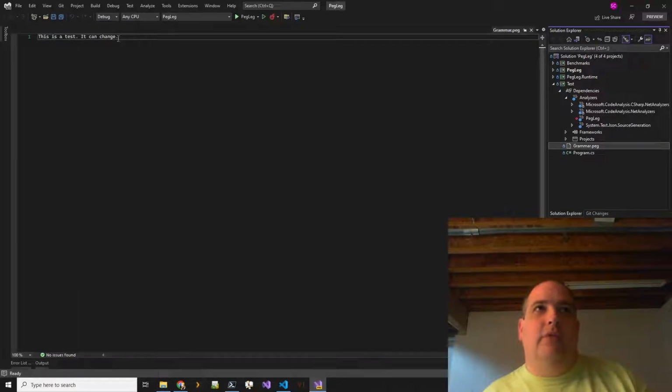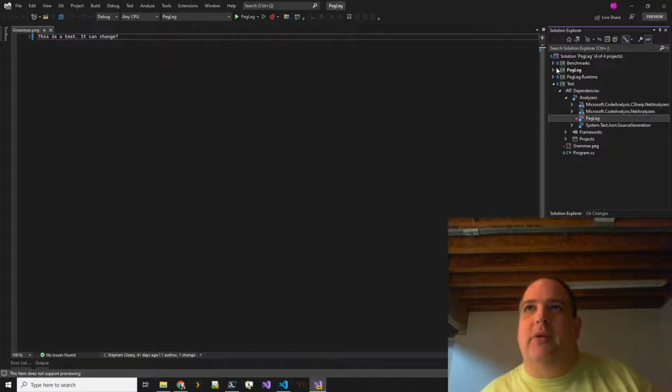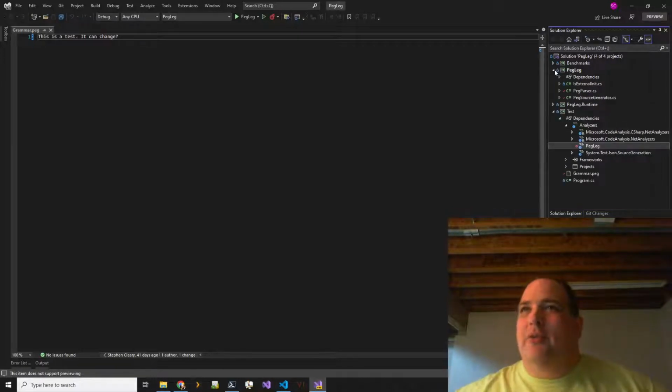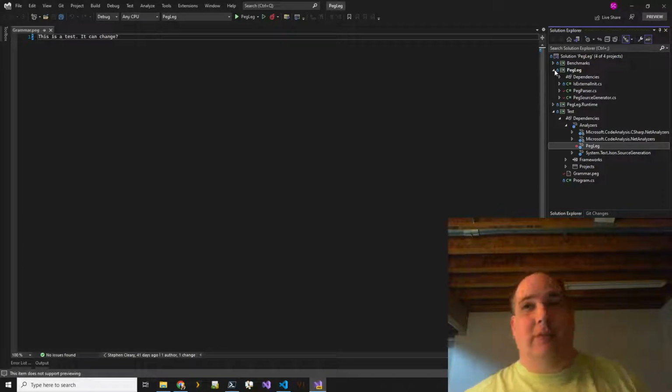If I change this, nothing's happening. Okay, so yeah, I think this is the Visual Studio update. Something broke with my source generator pretty badly here. So I might take a look at it later, although this weekend is going to be pretty full getting ready for our trip, and then I'm on vacation, so I might just take a look at this next time.